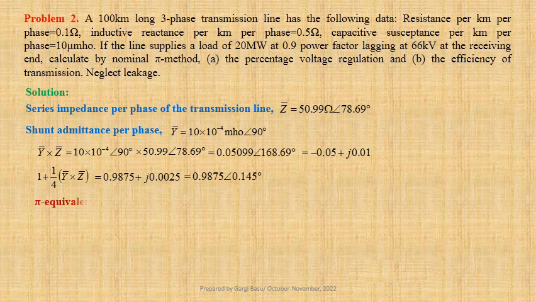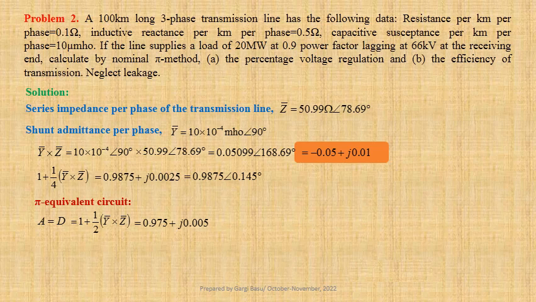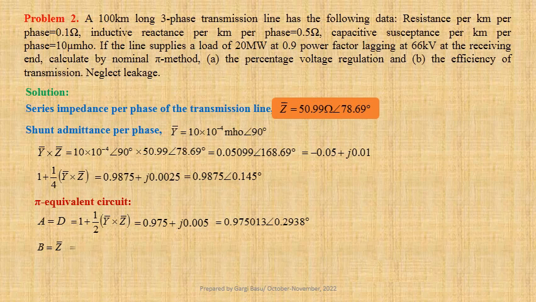For pi equivalent circuit, A equals D equals 1 plus half of Y into Z, that is equal to 0.975 plus j times 0.005. This may be written in polar form as 0.975013 at an angle 0.2938 degree. B equals Z, that is equal to 50.99 ohm at an angle 78.69 degree,